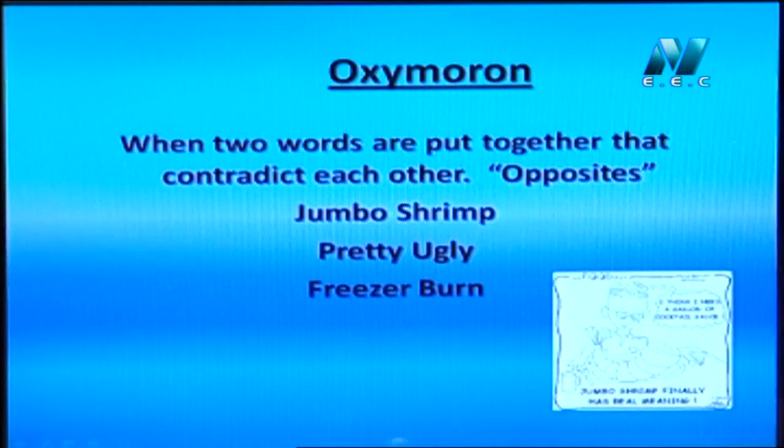And the last one, it is called oxymoron, and it is used more in literature when you use opposites together. And we use it in a funny way in Egypt, like when you say النهارده الجو حر تلج يعني. Yeah. برد نار يعني, something like this. So, like pretty ugly. It's pitch dark. Yeah, exactly. Or freezer burn. So you put two opposites beside each other, or dark light, something like this. So this is called oxymoron in the figurative language.